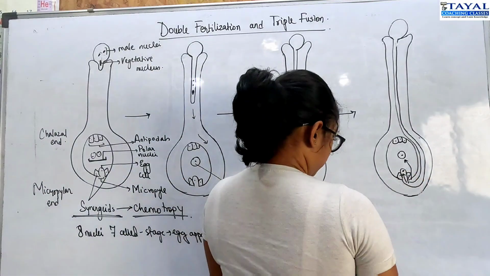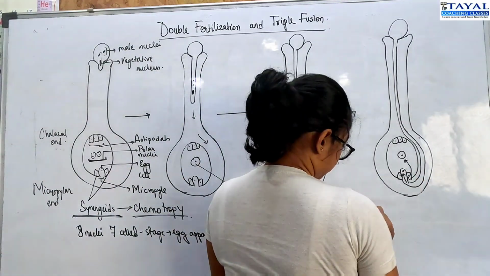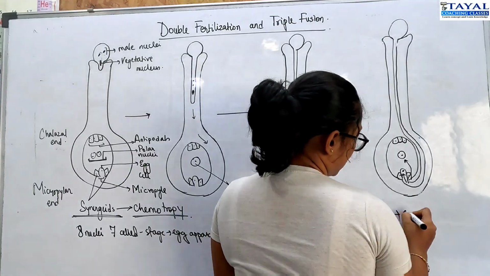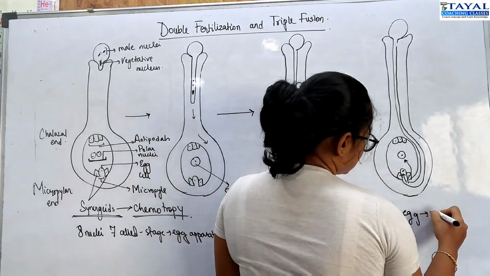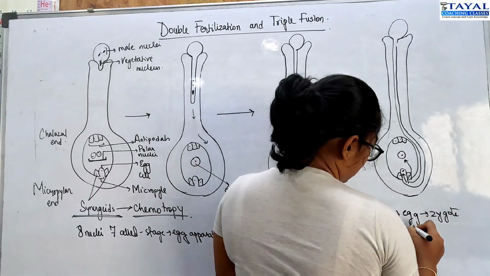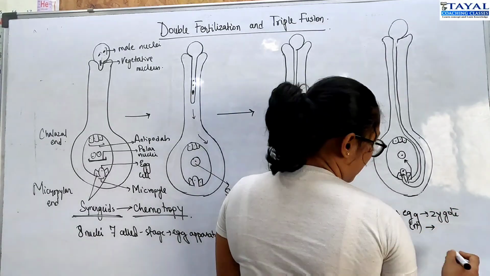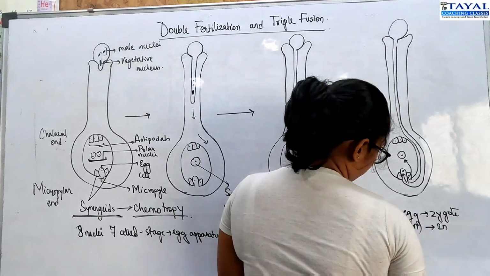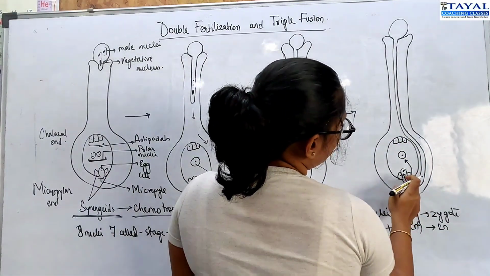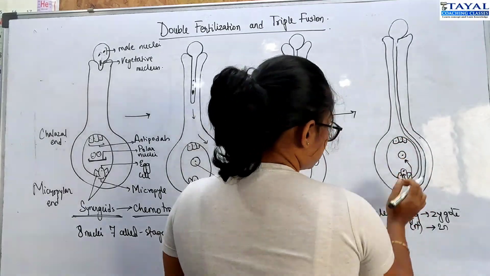One male nuclei, the first male nuclei, goes in and fuses with the egg to give us the zygote. Now in this case, the male nuclei was haploid, the egg was haploid, and you have the zygote which is diploid. Right? However, the other male nuclei bursts through the synergid